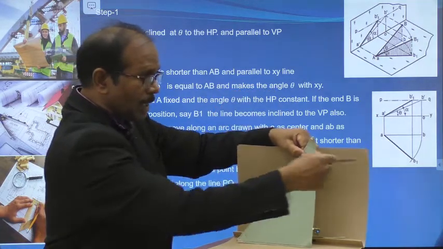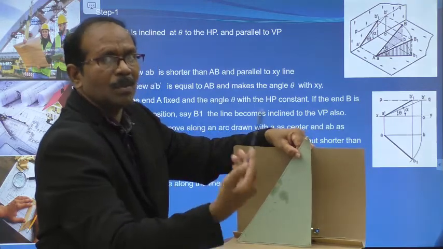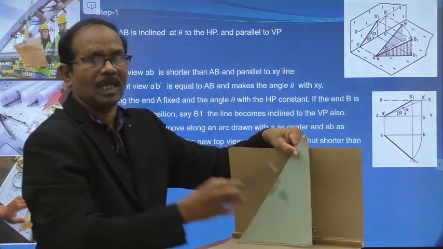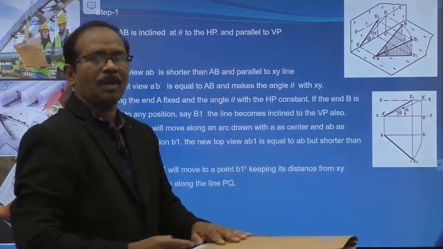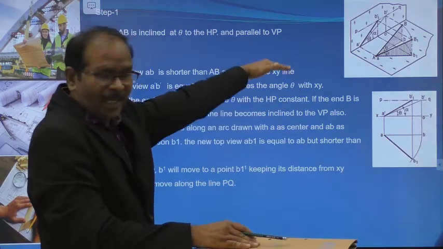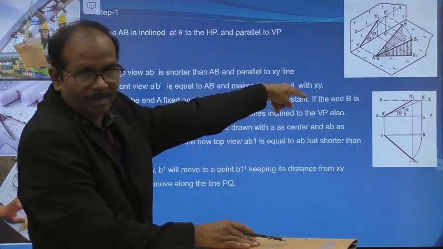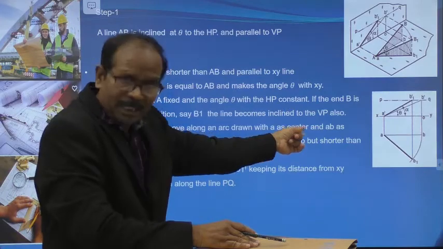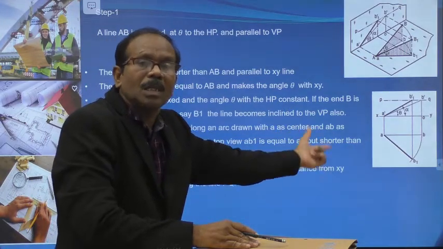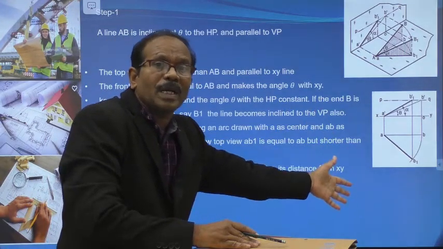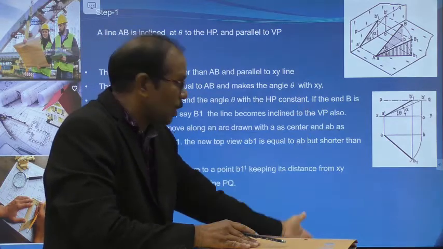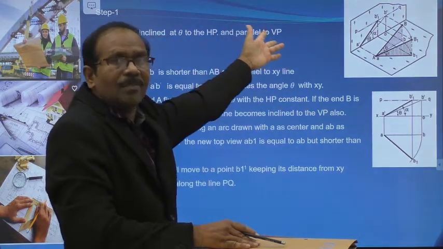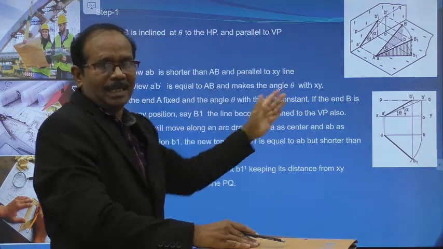On this locus line, it is going to slide toward the right or toward the left. That is the one important point. What is the important point? Its height is fixed. Draw the locus line. Its top view is the same. Note that down. Rotate the top view to a new location. From that point, draw a vertical line, and we can get B1 dash.